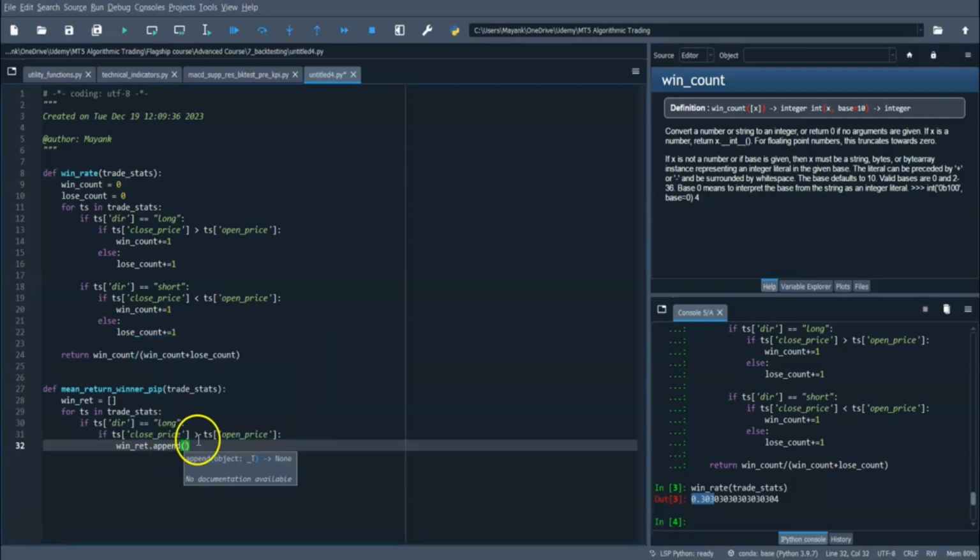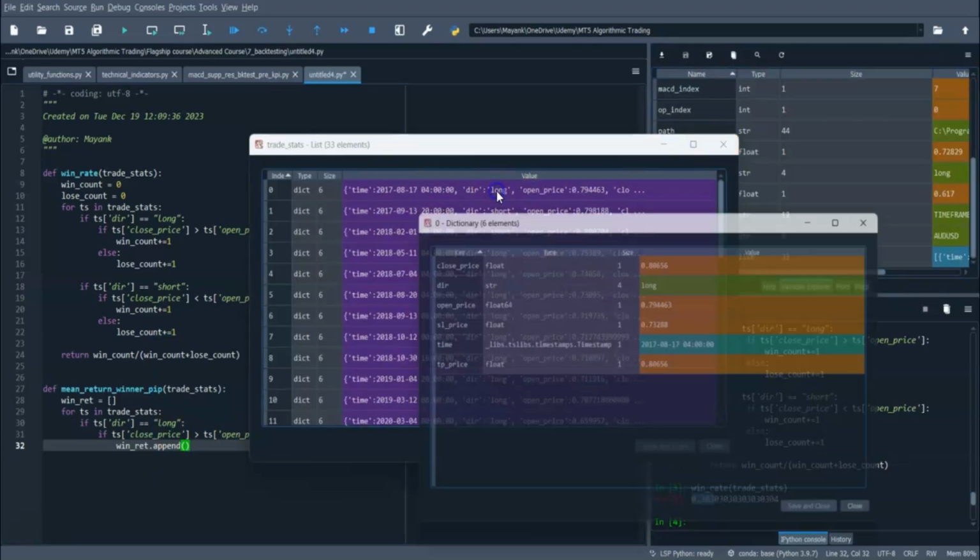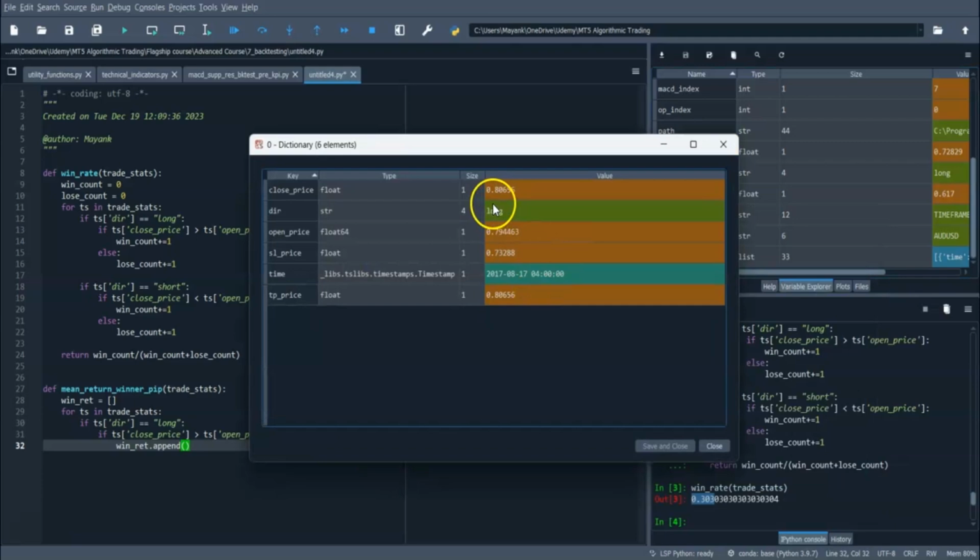And how will we calculate the pip return? Again, let me take you back to the trade stats variable. So the first trade was a winning trade. So in this case, the direction is long, so this condition would satisfy. Now, if the closing price is greater than the open price, so is that the case here? Of course, the closing price is greater than the open price. So what we'll do is that we'll try to see the pip return. So we'll have to subtract open price from close price. In this case, from